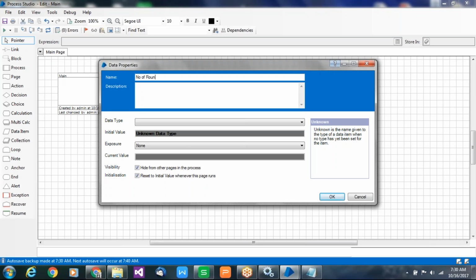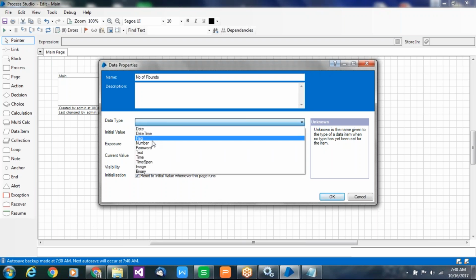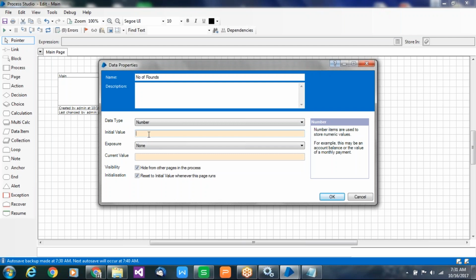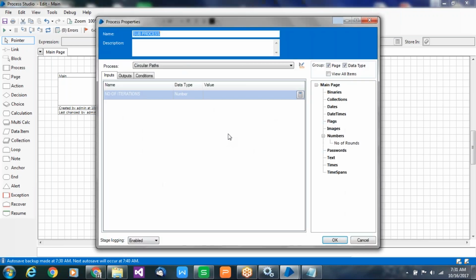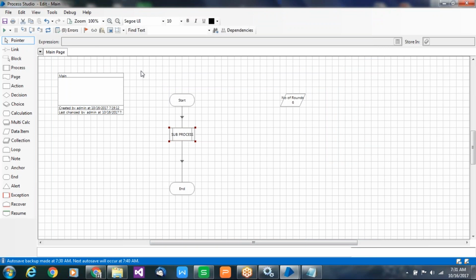Number of rounds or round trips or anything, how many times you want to run it. I am just giving 6. Then double click on this. You have to take that 6 value here. That means the 6 value is set to this number of iterations variable. Then in there, max loops receives the same as well. Just run it now.